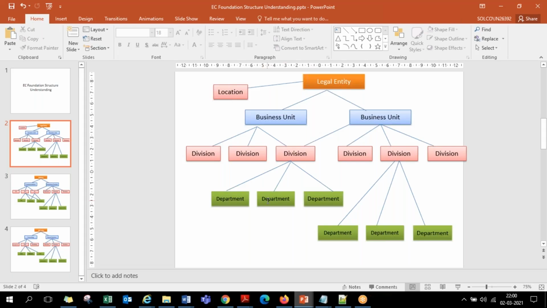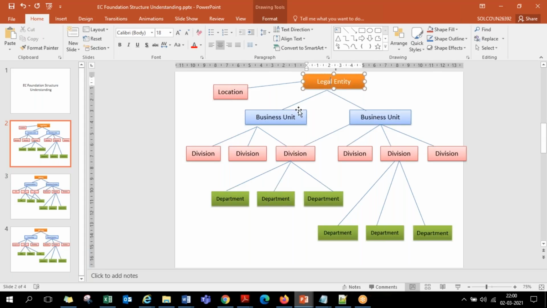If the customer expects additional layers, like sub business units, subdivisions, sub departments, then how to customize the structure and configure that? Both things. So we will require minimum 2 sessions on the org structure: one session with standard layers, and one more session adding custom layers. That will be the first configuration we'll look at.